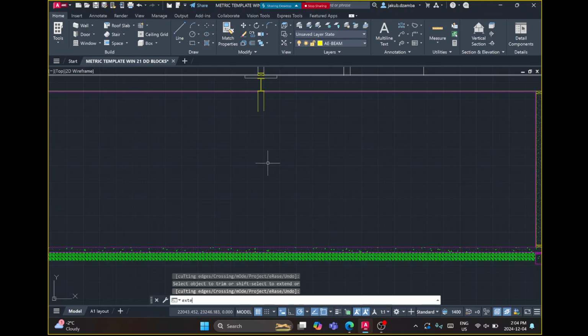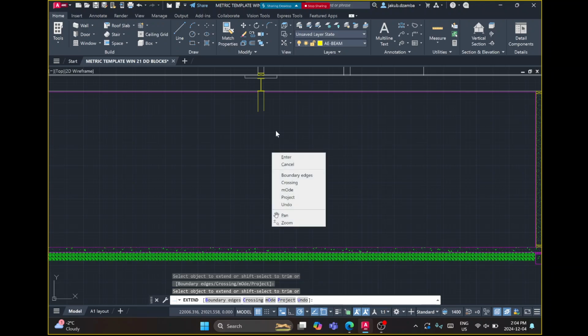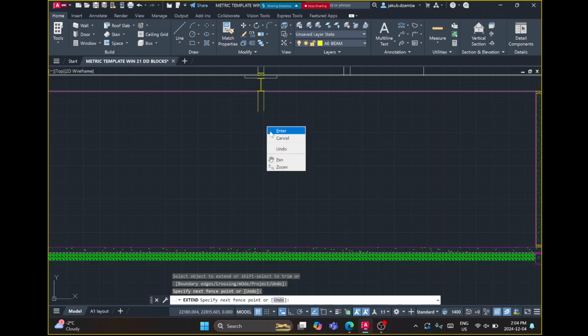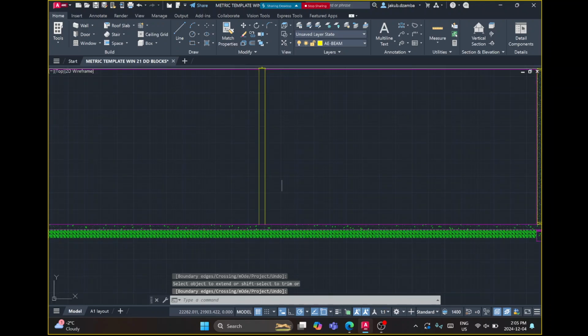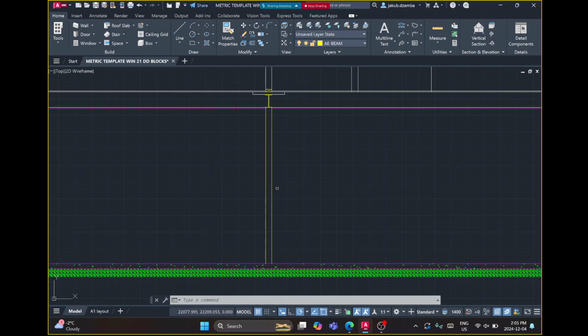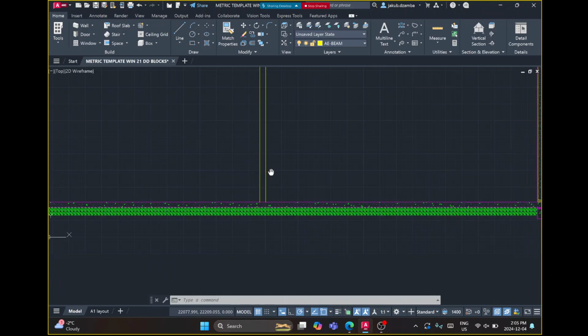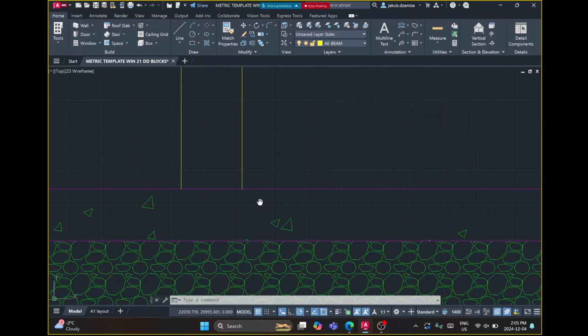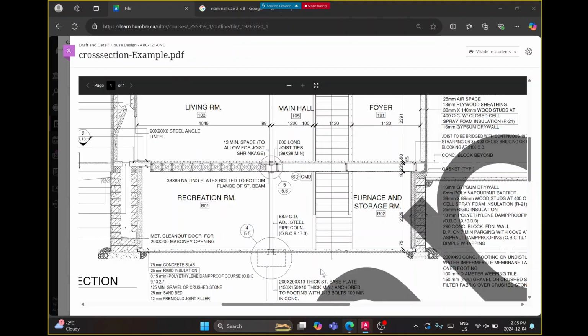And I'll extend them down to the floor. So our column is now at the floor, and here it's too small to see what detail they're doing, but